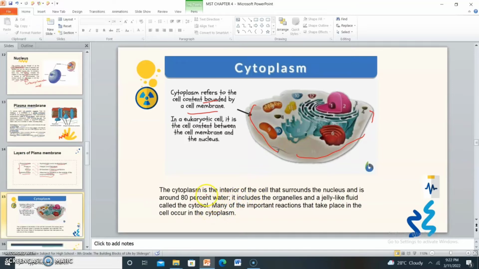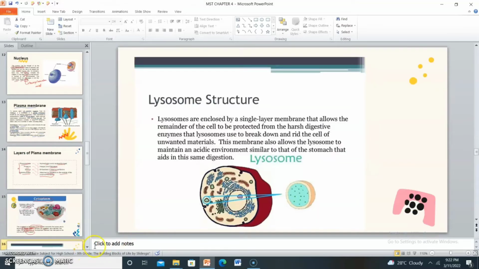So cytoplasm is the interior of the cell that surrounds the nucleus and is around 80% water. It includes organelles and a jelly-like fluid called cytosol. Many important reactions that take place in the cell occur within the cytoplasm. So that is cytoplasm. The next one